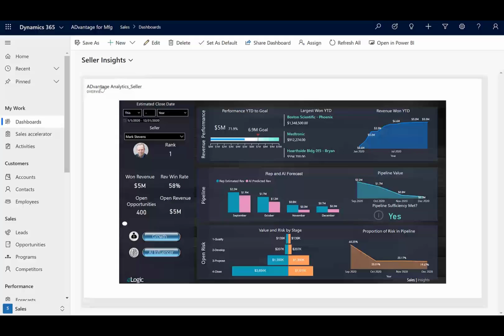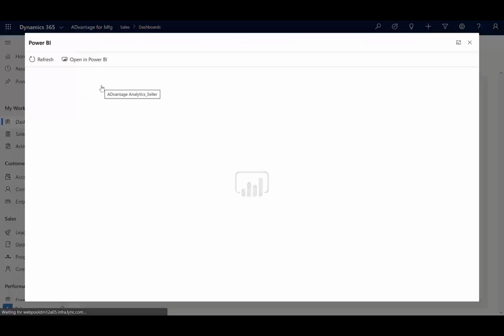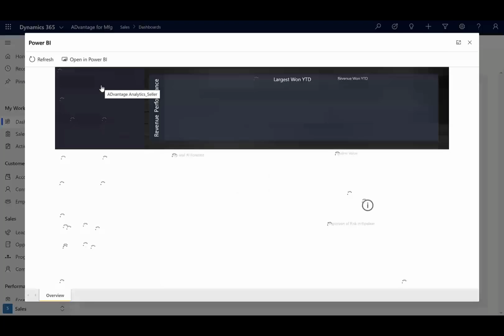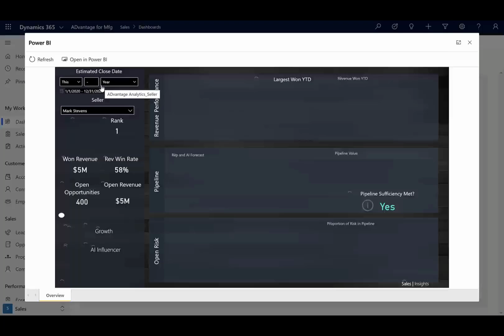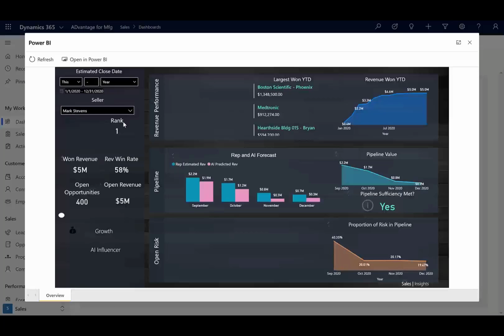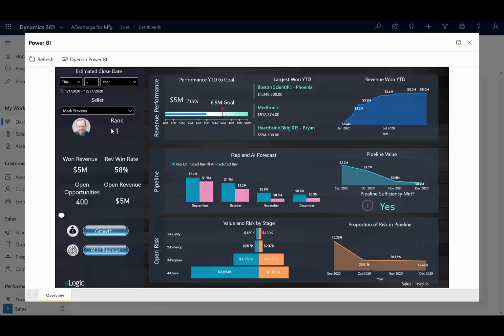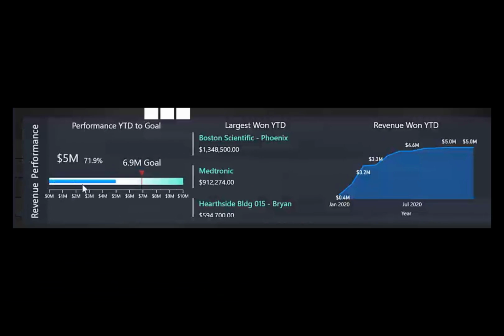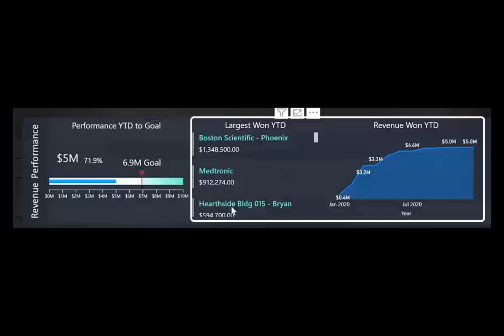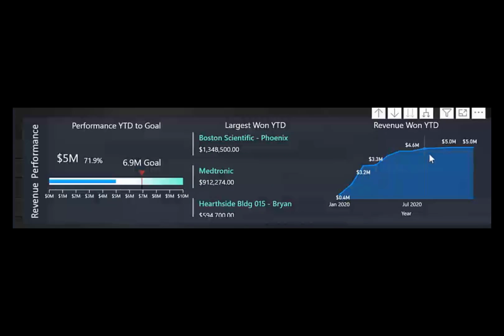So I'm logged back into Advantage here, and I'm going to use my Seller Insights dashboard to run my one-on-one meetings with my sales reps. My first sales meeting is going to be with Mark Stevens. And Mark is actually having a really good year so far. In fact, he's ranked number one of all of our sales reps. He's closed $5 million so far on a goal of $6.9 million. And when I look at some of his key wins, he's had a very consistent performance